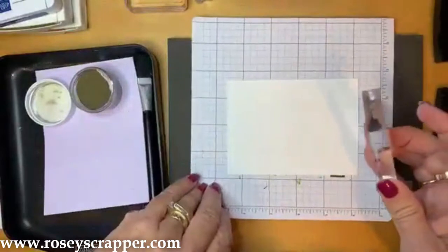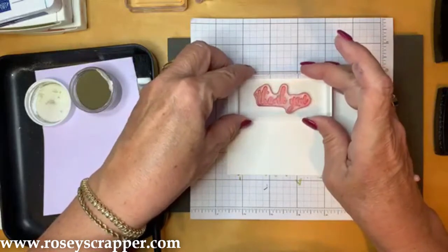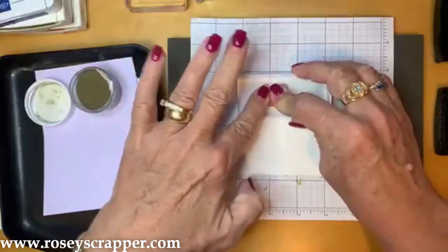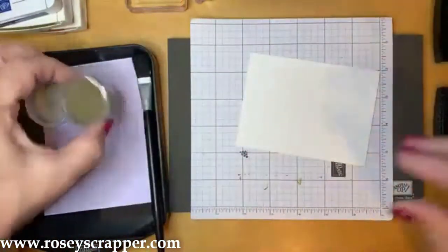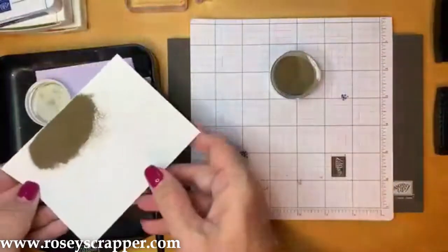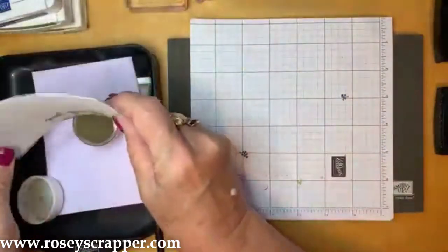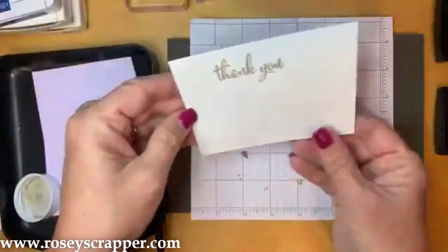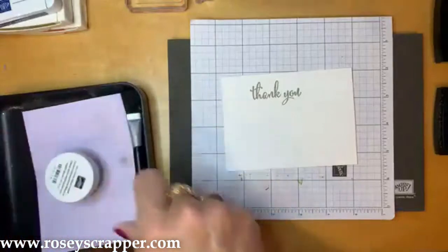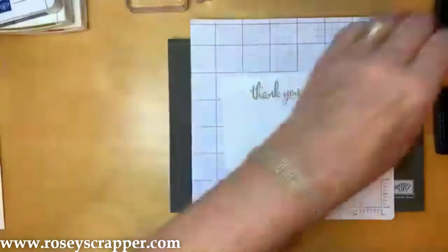And I want this right up here. So I'm using my foam pad paper piercer underneath my photopolymer stamps. That looks good. I've got powder everywhere, so I'm not going to put that away, but I am going to cover that up just in case something crazy happens. I'm also going to set that stamp over here and get my Versamark out of the way